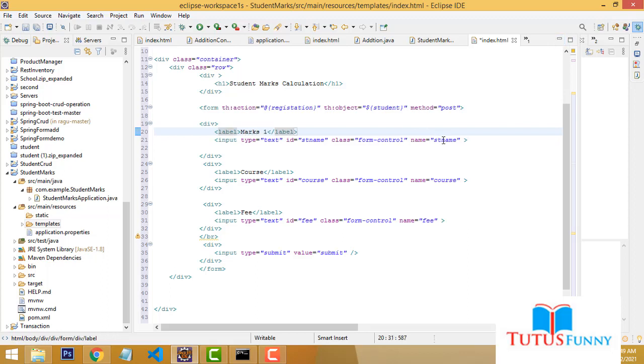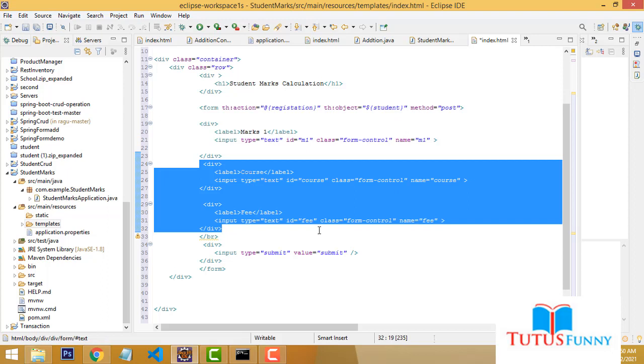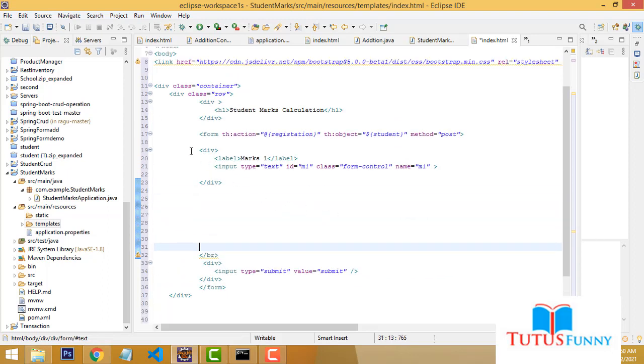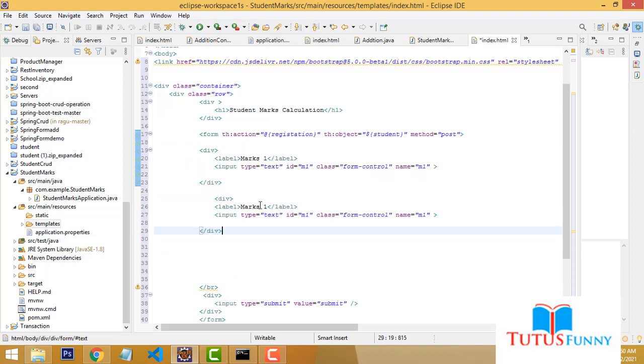So here we have to change the name; we have an input field, and we have changed the name as M1. The same thing you have to give with Ctrl+C to copy, Ctrl+V to paste, ID as well. Now the same thing, I just delete this stuff, copy with Ctrl+C and paste with Ctrl+V. This one is 2.